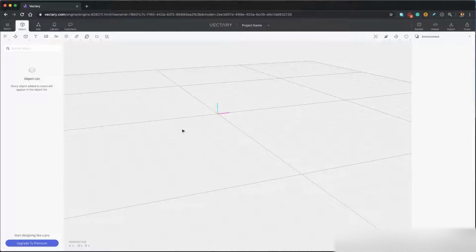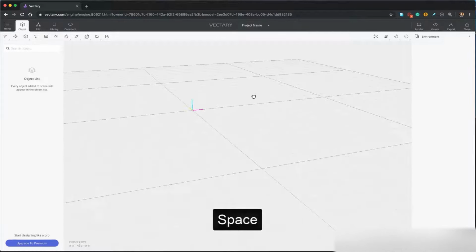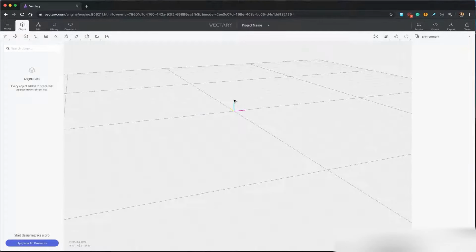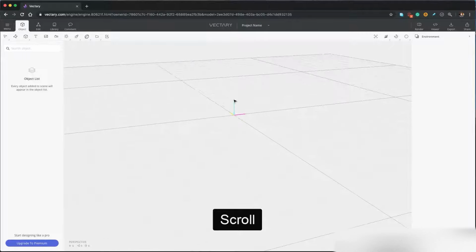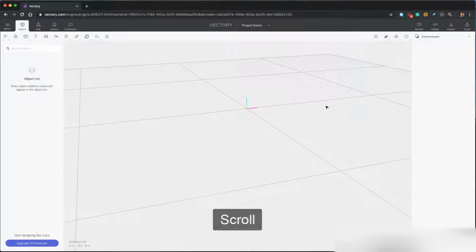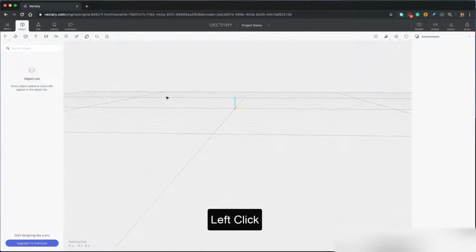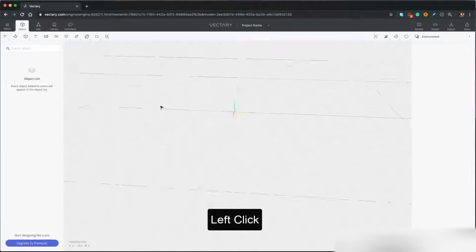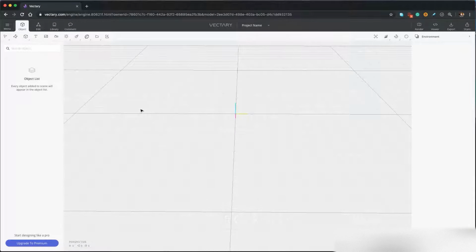If you wanna move around this canvas, you can easily hold space on your keyboard and move around. If you wanna zoom in or zoom out, you can scroll like this, and you can also pan around with left click on your mouse. Vectory is a quite complex application, so we are not going to cover all the tools. However, I'm going to teach you the requirements in order to let you know how you can use this great